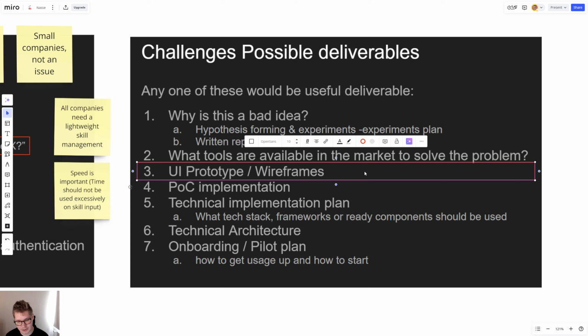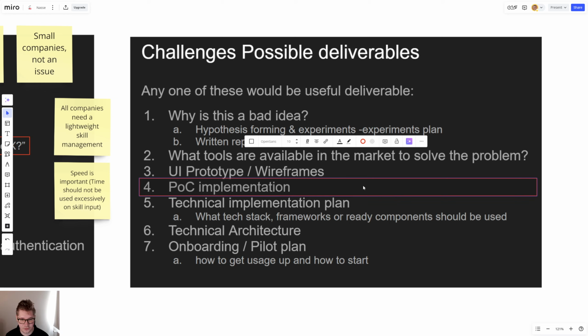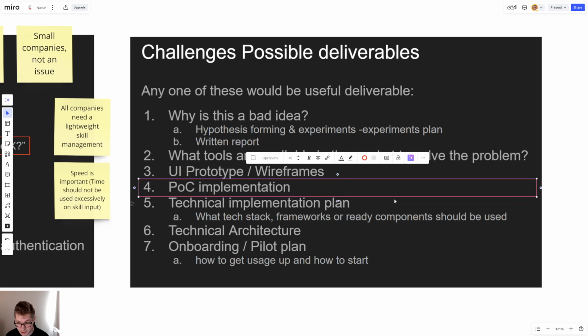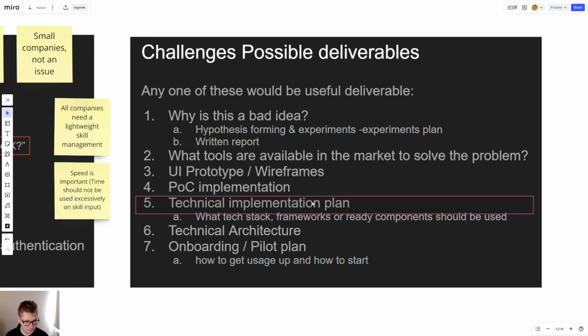If you want to be a software engineer, want to hone your skills with creating software, then definitely you can create some version of this, and also these wireframes, the implementation plan, the implementation, and the architecture,